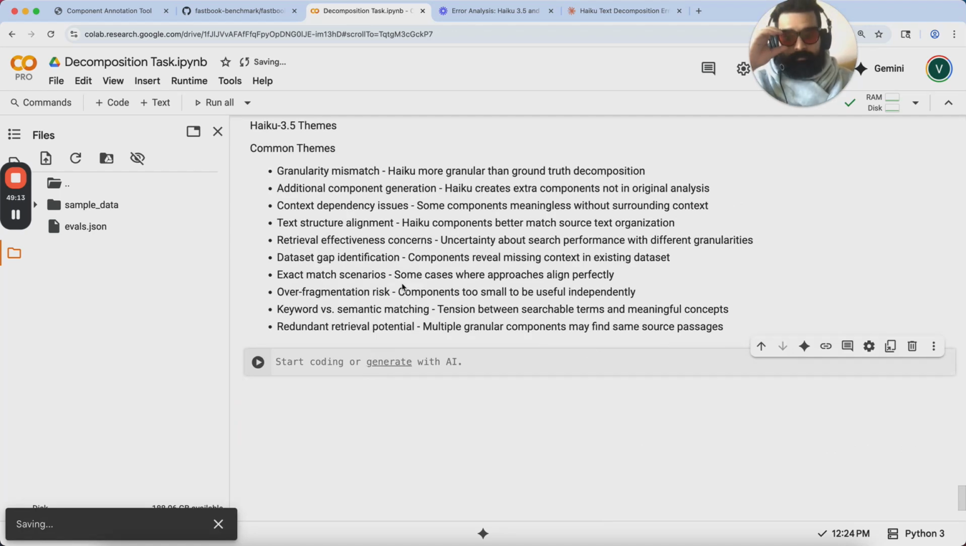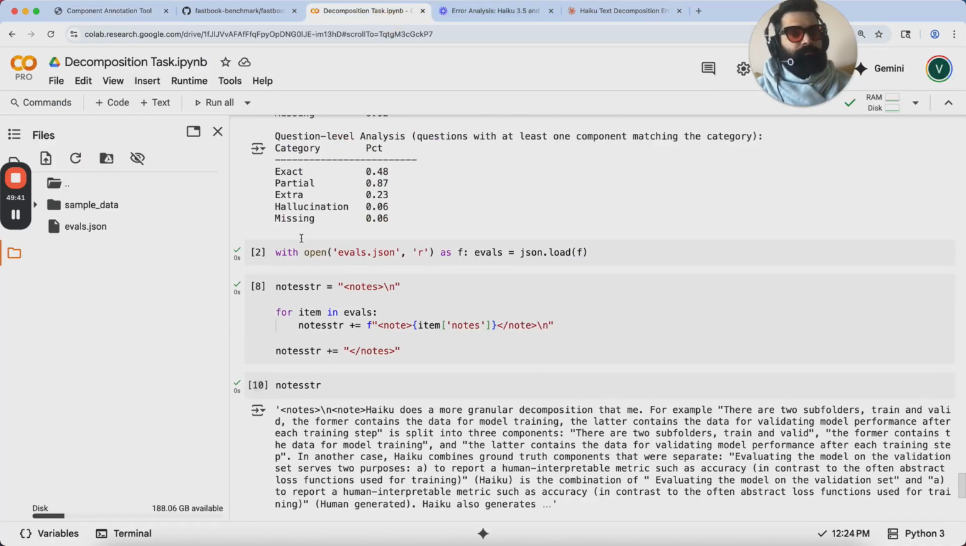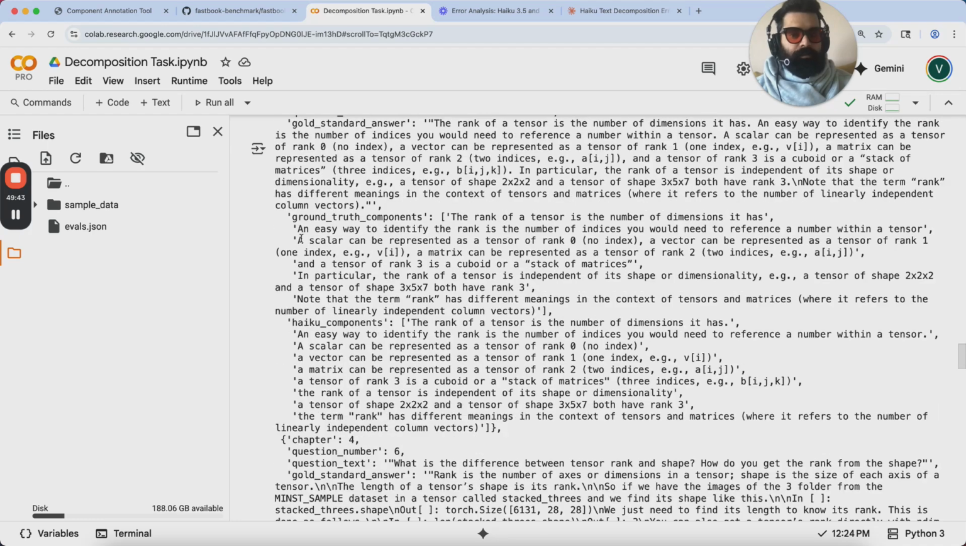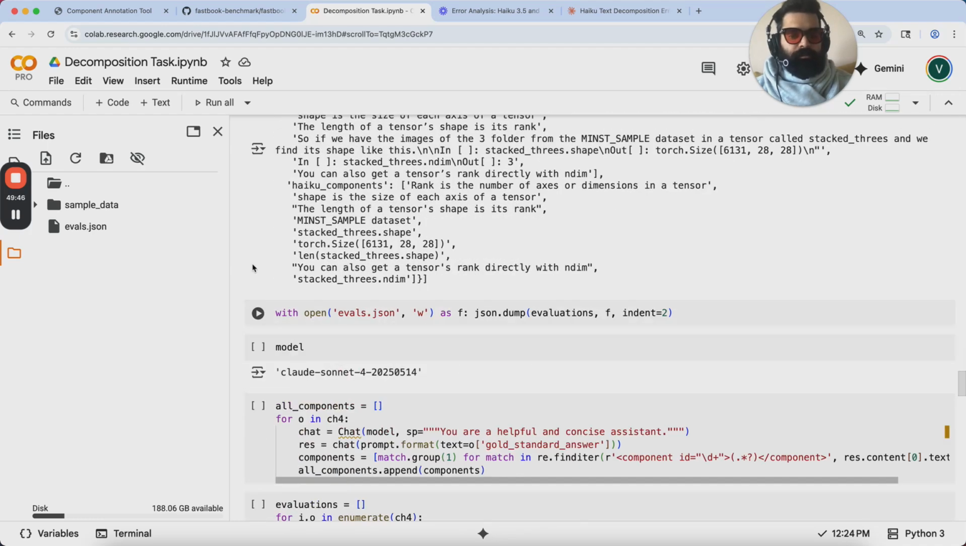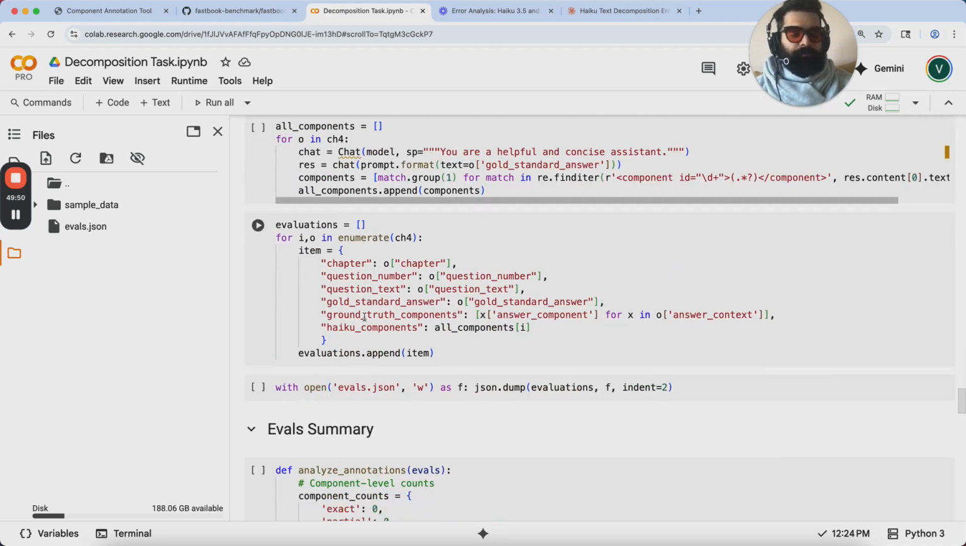All right. So I think there's a good case for incorporating these in my annotation tool. However, before I do that, I want to use a stronger model because maybe some of these issues are there just because Haiku was the one doing the thinking. So I basically ran the entire process again, except I used Claude Sonnet 4, and then